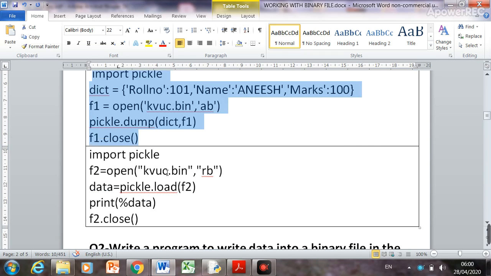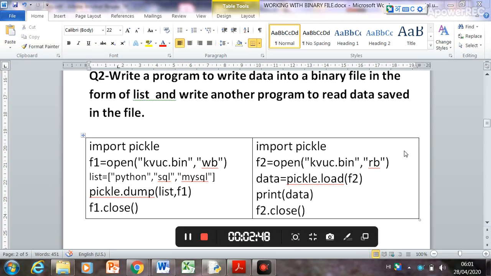Now in order to read that data which is in dictionary form, we will open the file in RB mode, that is read binary mode, and then we will use the load function in order to read contents and then print data. Similarly, we can use a list as data. So in place of a dictionary we have used a list, and in this way we have written a list inside the